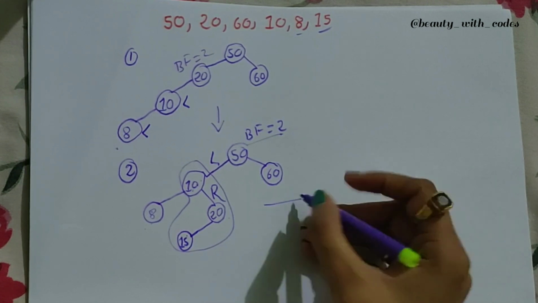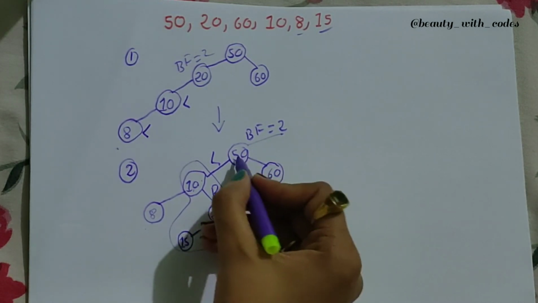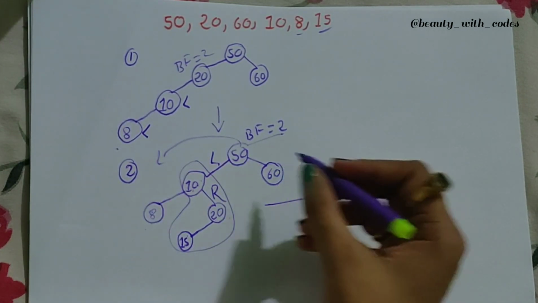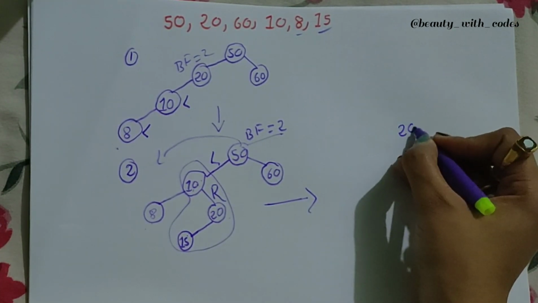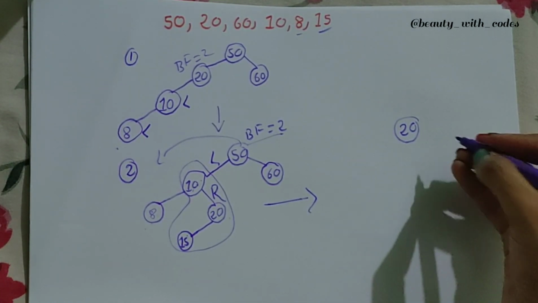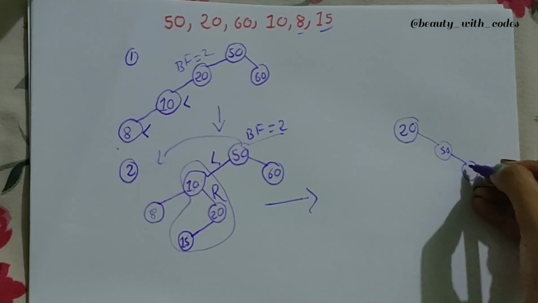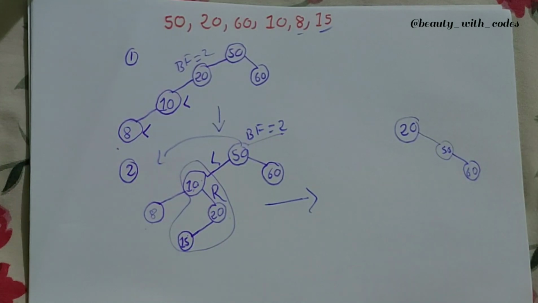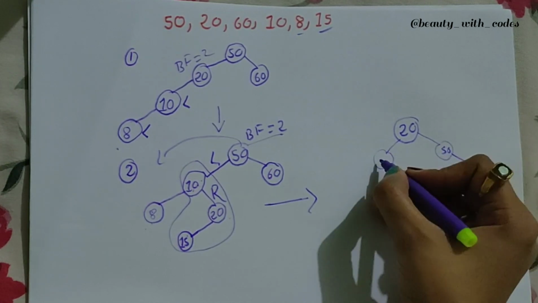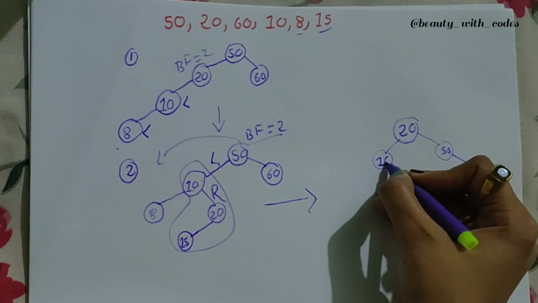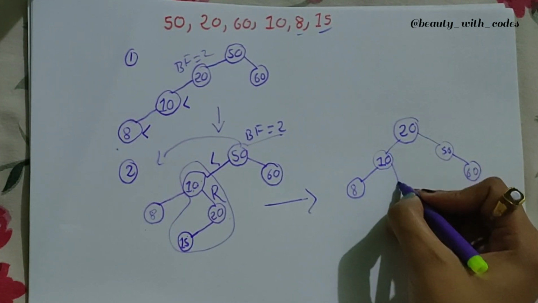Okay, so what will be our new tree? So let's see. So if 20 will move in this direction, because anti-clockwise is going to be this, then what will happen to the 20 and 10 and other elements? So 20 will be the root. And what about 50? So 50 is its child now. So yes, 50 is going to be here. 60, because 60 is the right child of 50, we are not going to do anything with it. And now what will happen to 10? So 10 is the left child, so it will remain left child. Okay, so we are not going to do anything with 10. And after that, left child is 8 and right child of 10 will be 15.